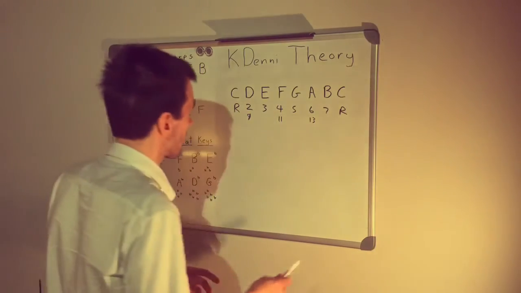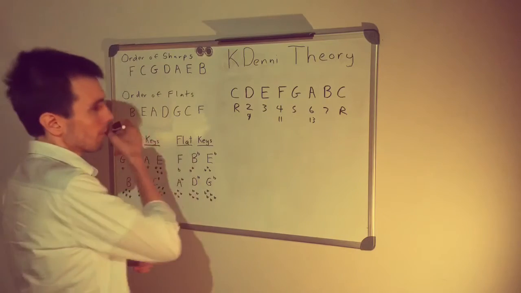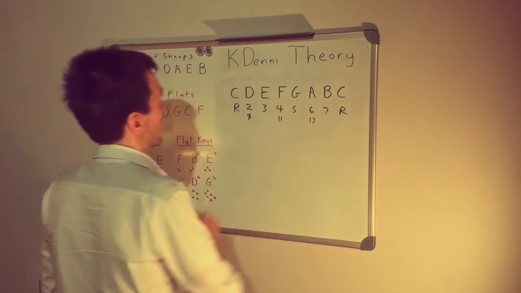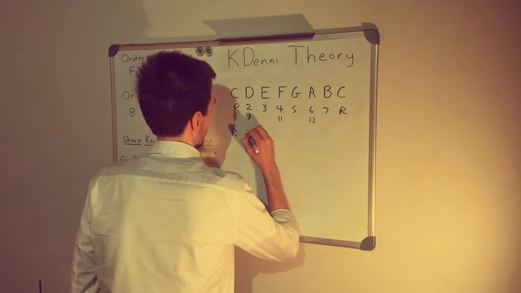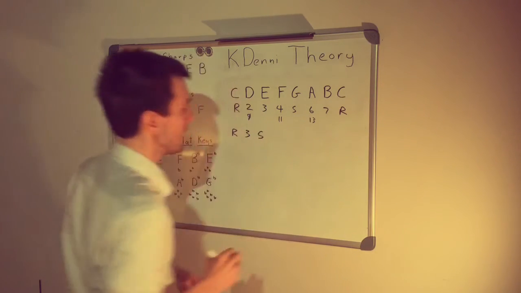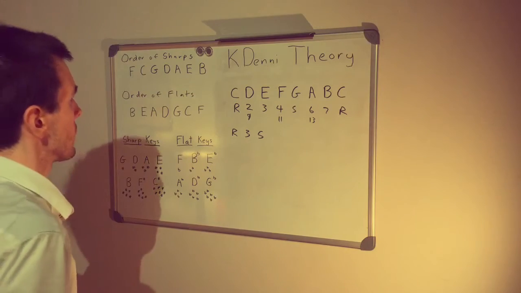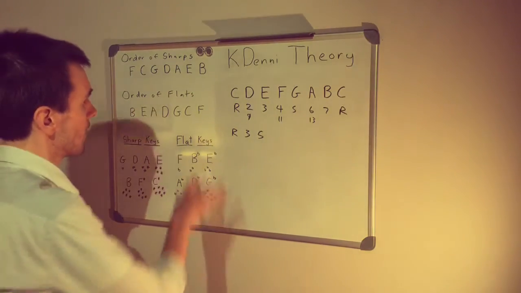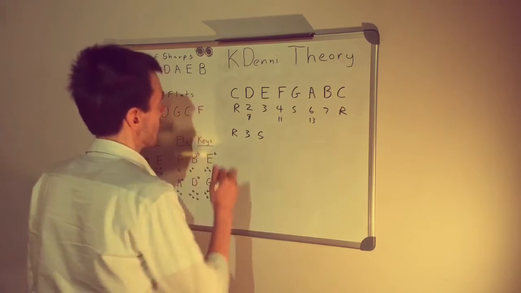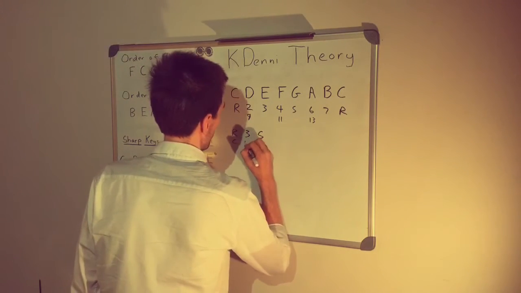Let's start with three-part chords. What we are going to concern ourselves with for the time being are the root, third, and fifth. So, if we take just the root, third, and fifth out of this scale, giving us C, E, and G,